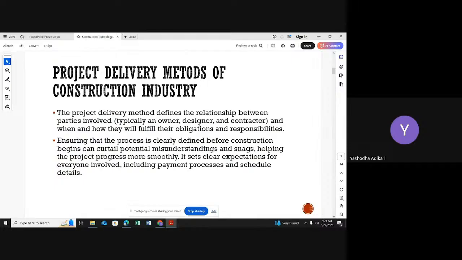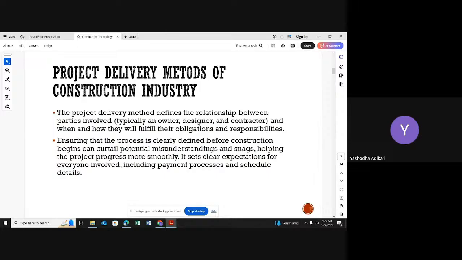In some projects, the same contractor is doing the design part and the construction part both. Some companies are doing design and construction both. There are some companies doing only the design part, and some companies doing only the construction part. Likewise, there are many differences in our projects. So in this project delivery method, we are going to learn about how the client is going